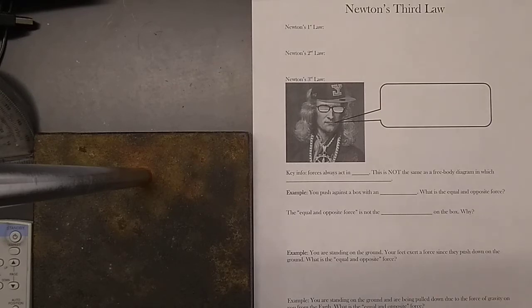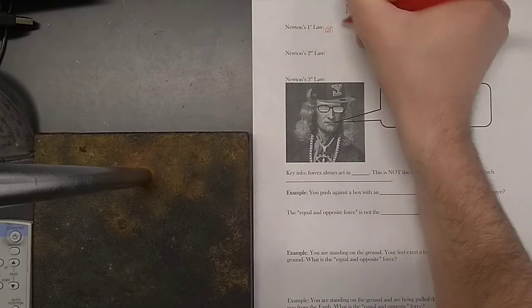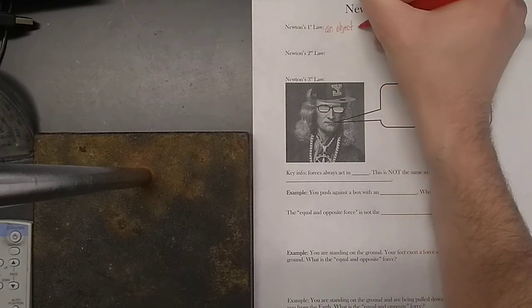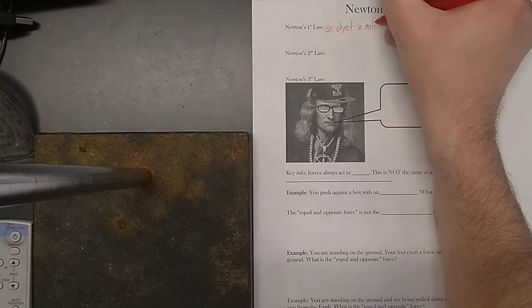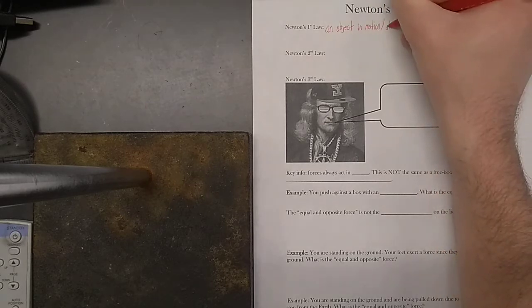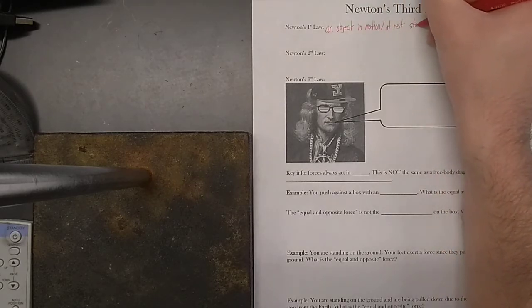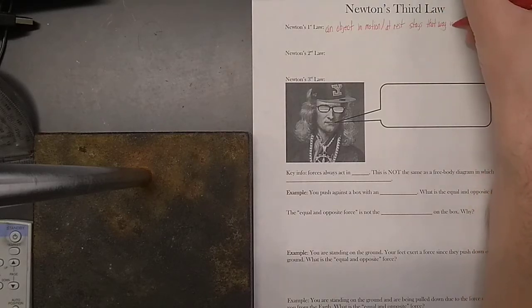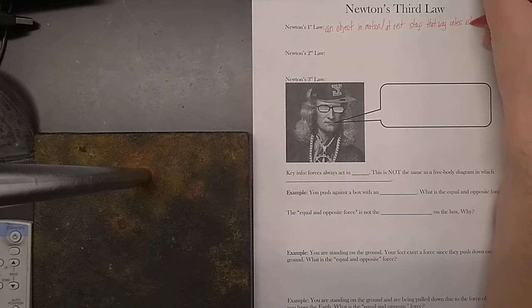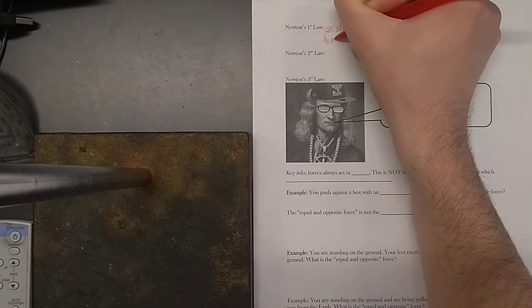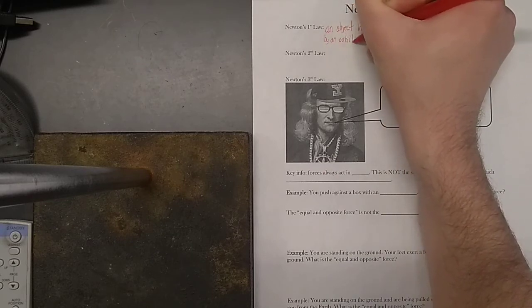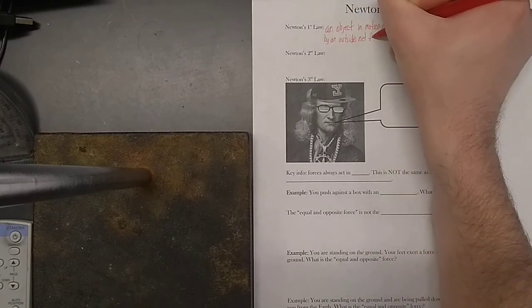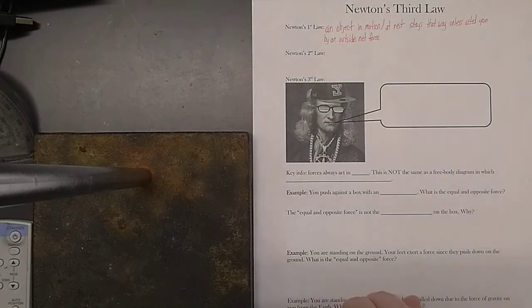The first law, if you remember, was an object that is either in motion or at rest stays that way unless acted upon by an outside net force. So essentially what this means is objects will continue to do whatever they are currently doing unless a